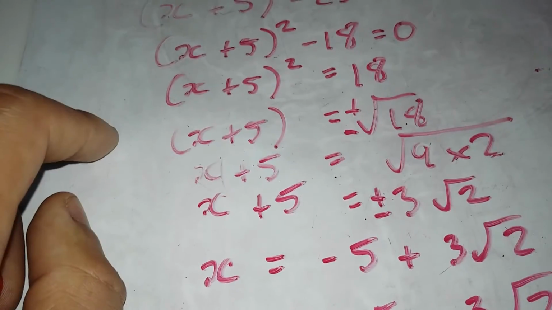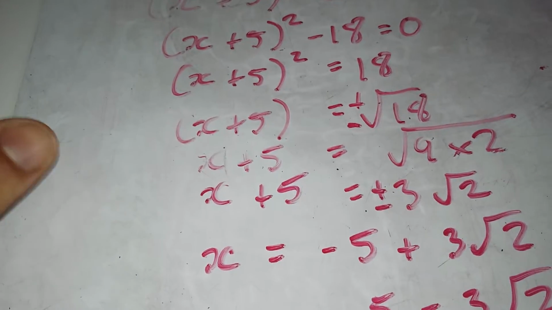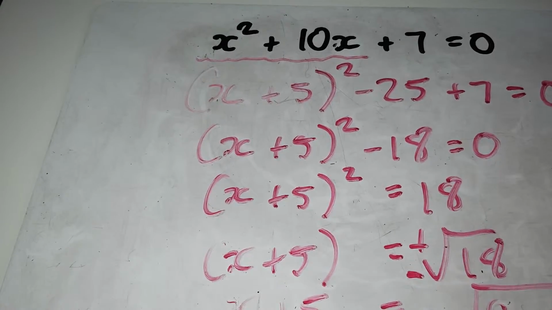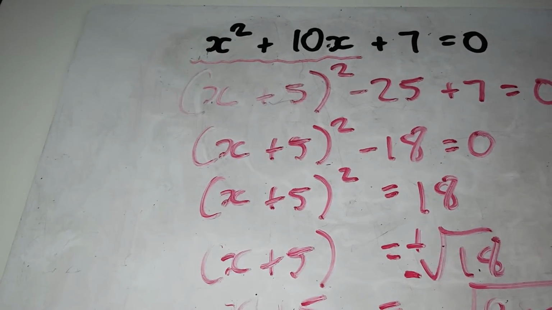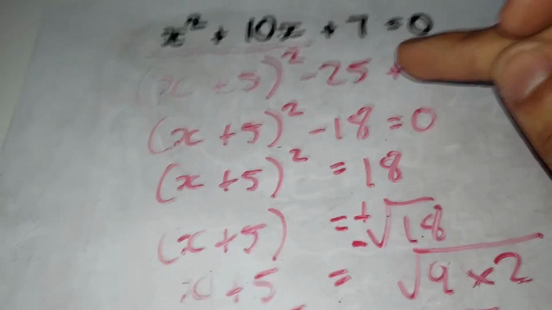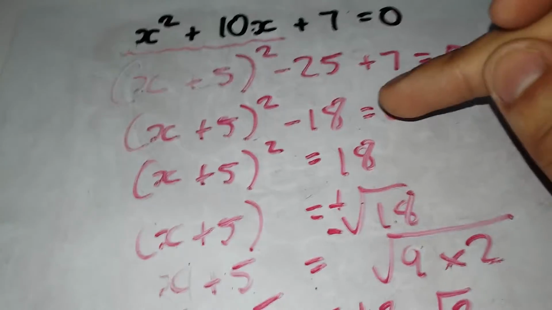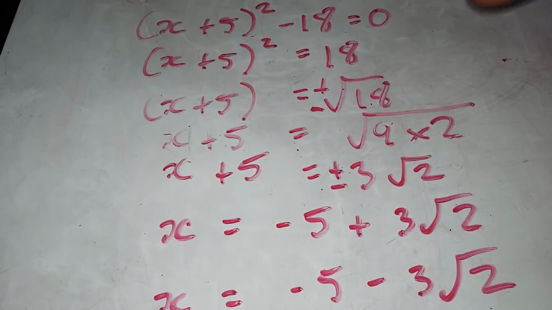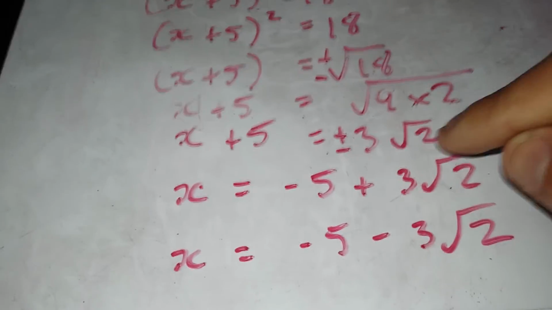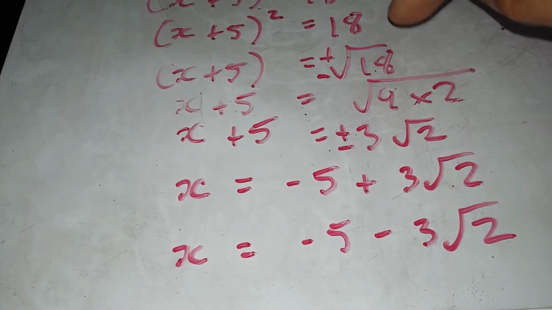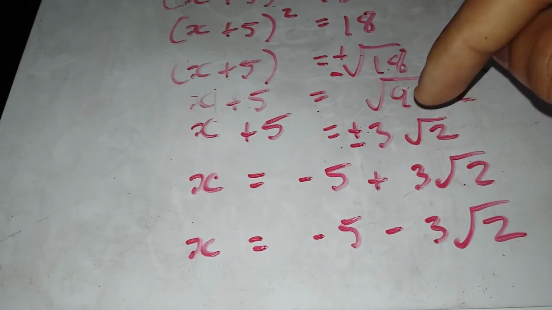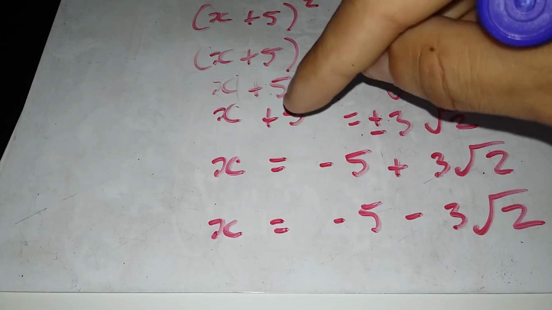Okay, so just to recap, we started by completing the square of x squared plus 10x, and then we simplified the equation here. So minus 25 plus 7 is minus 18. Then we square rooted both sides of the equation to get x plus 5 equals positive and negative root 18, and then we've simplified the surd here. So root 18 becomes root 9 times 2. Root 9 is 3, plus or minus 3 root 2, and then we brought 5 over to the other